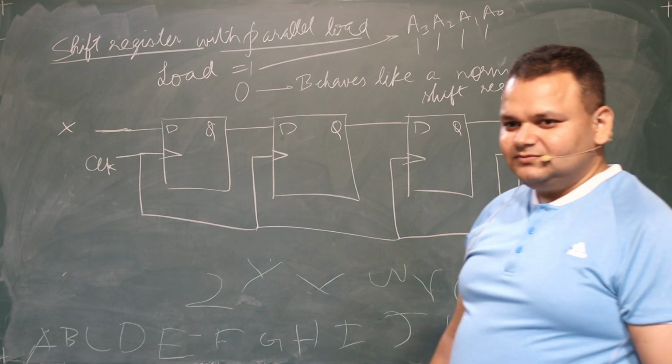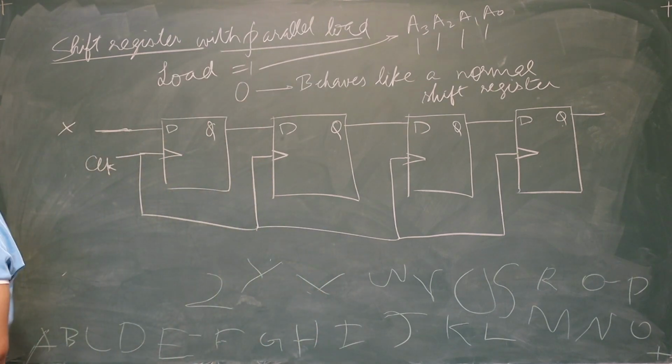How will we do it, Praful? Sir, can we connect the output of the previous flip-flop with load bar through an AND gate, and our inputs A3, A2, A1 and A0 with load through an AND gate, and then the outputs of these 2 AND gates through an OR gate? Yeah, that's how we'll do it. Good.